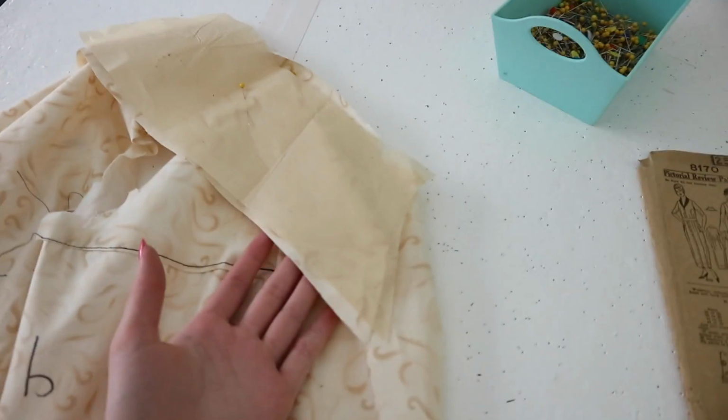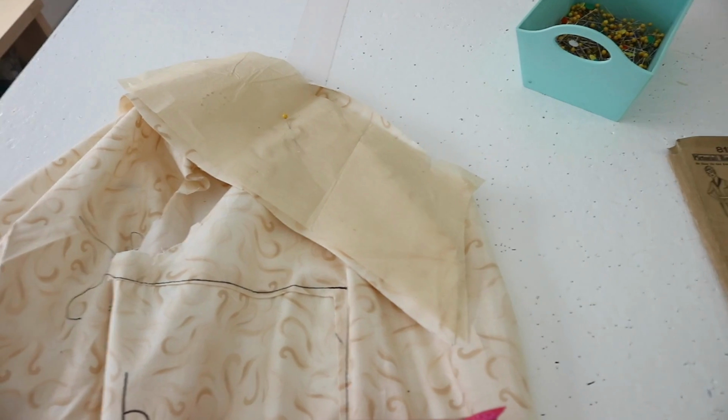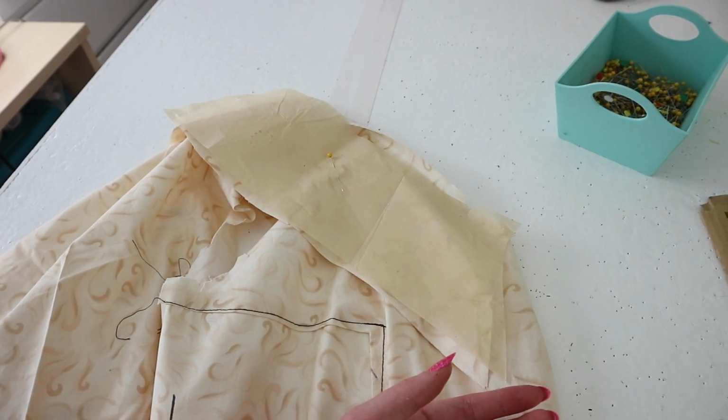So next step is going to be sewing on the collar, and there are no instructions on finishing the bottom edge of the collar, so I guess I'm just not going to do that for my mock-up, but for the real thing I will probably cut this out twice and sew the layers together to get a clean finish across the bottom edge, because